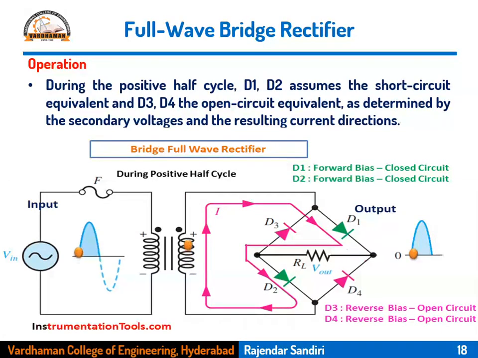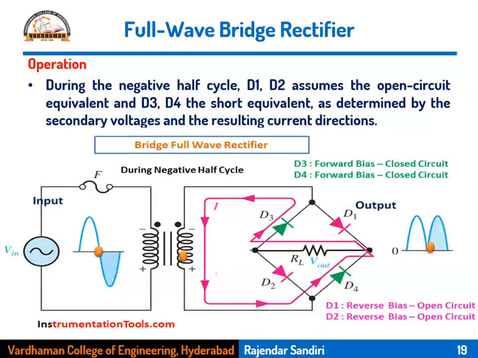So during the positive half cycle, D1 and D2 are on, D3 and D4 are off, and the current flows in the secondary winding through these diodes and the load resistor. Therefore, the output across the load resistor is the same as the input in the first positive half cycle. Now D1, D2 are conducting, D3, D4 are non-conducting. Next, coming to the negative half cycle, D1 and D2 are open circuited, reverse biased, and D3 and D4 conduct, and that current flows through the load resistor in the same positive direction.